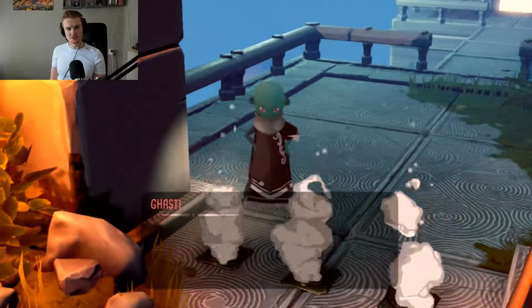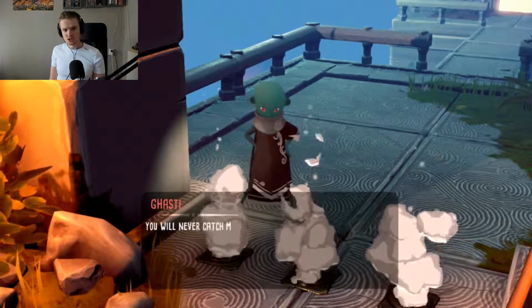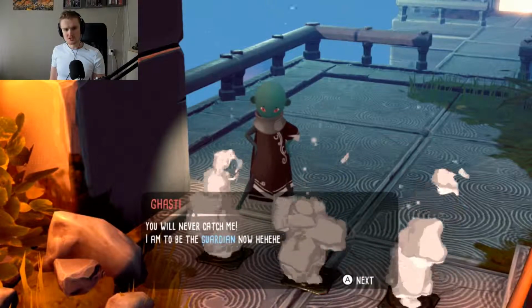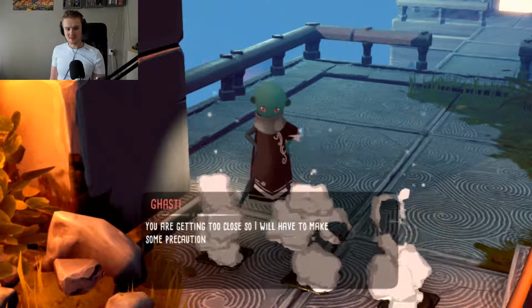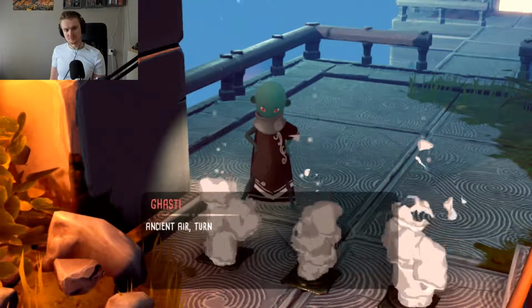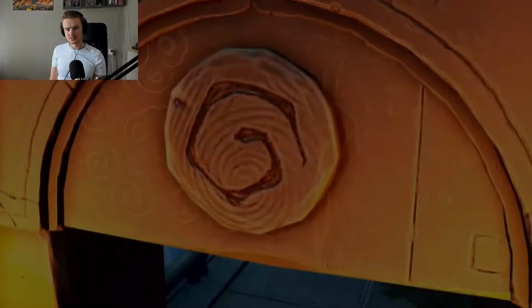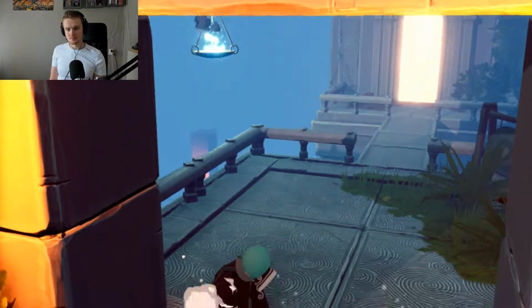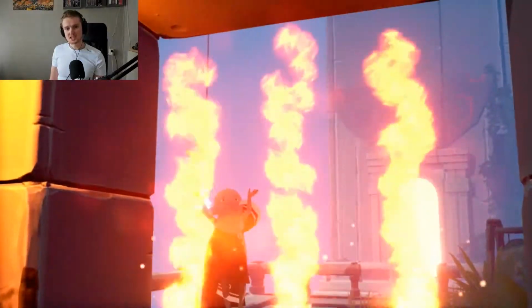Once again, we have one of those weird thingies. And there it is. Ghastly. Hello, Elli. You will never catch me. I am to be the guardian now. You are getting too close. I will have to make some precautions. Ancient air turns to fire. So he's using some sort of magic to...